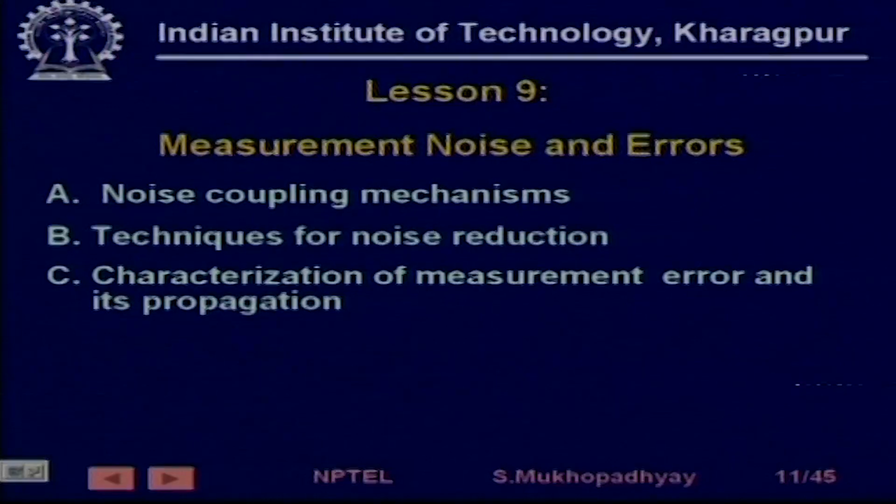We talked about measurement errors, and then we talked about how a system typically consists of subsystems. Even measurement systems have various subsystems. There can be a primary sensor, a secondary sensor, then a signal conditioner, then a signal processor. Each of them has its individual noise characteristics. These noises are generated and propagated through the system, and so we also discussed how propagated noise affects the final readings of the instrument.